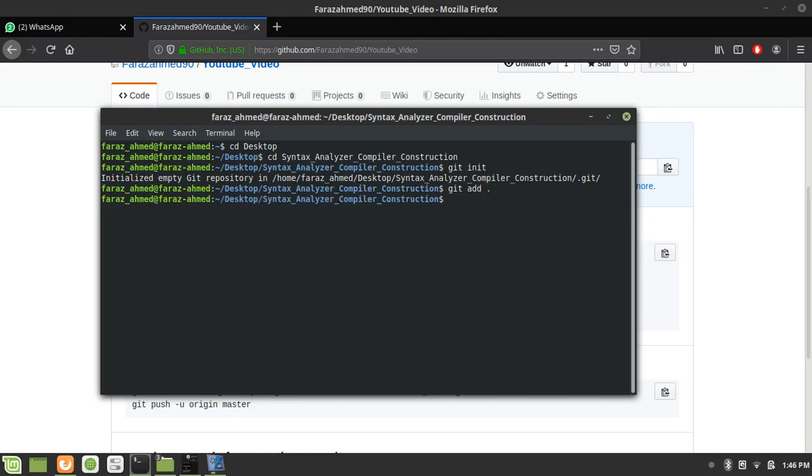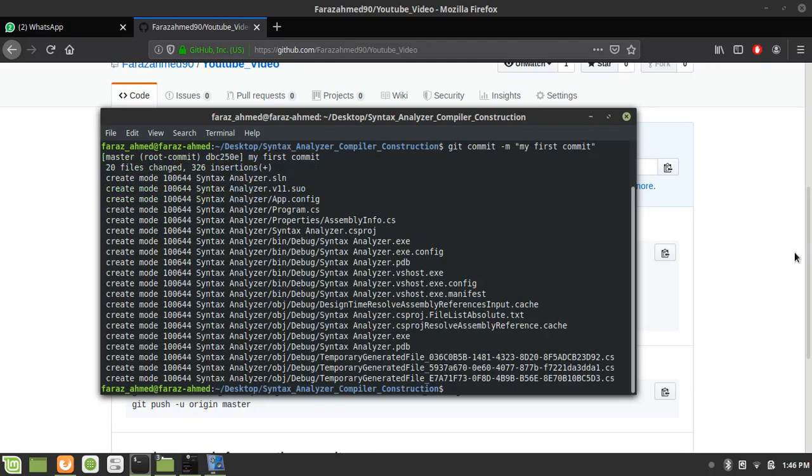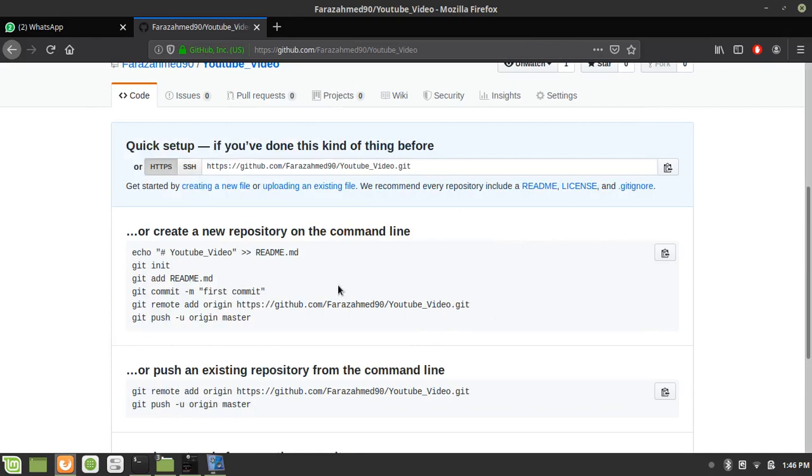Now I am typing git commit dash m, my first commit. So now you just simply have to copy the URL